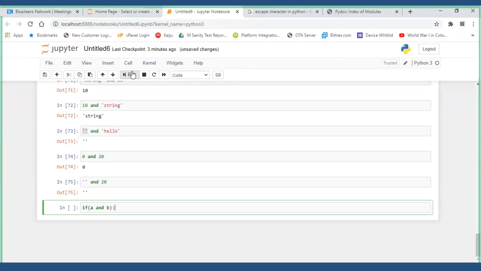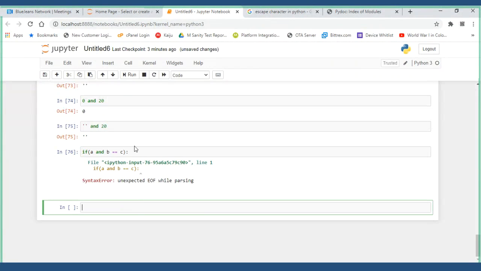So what you are doing here is, if A and B is equal to some string, like is equal to C, then when they both are equal, you will start executing some end of line. I have to put all the program, but I haven't done it.